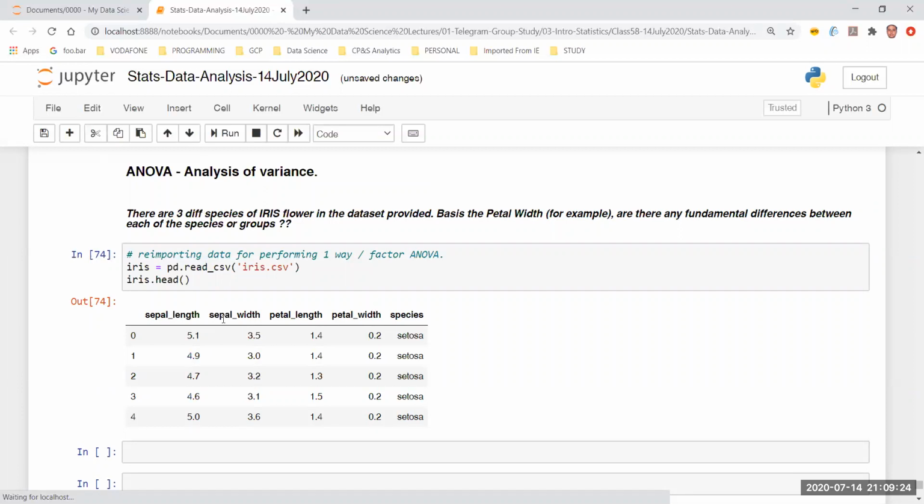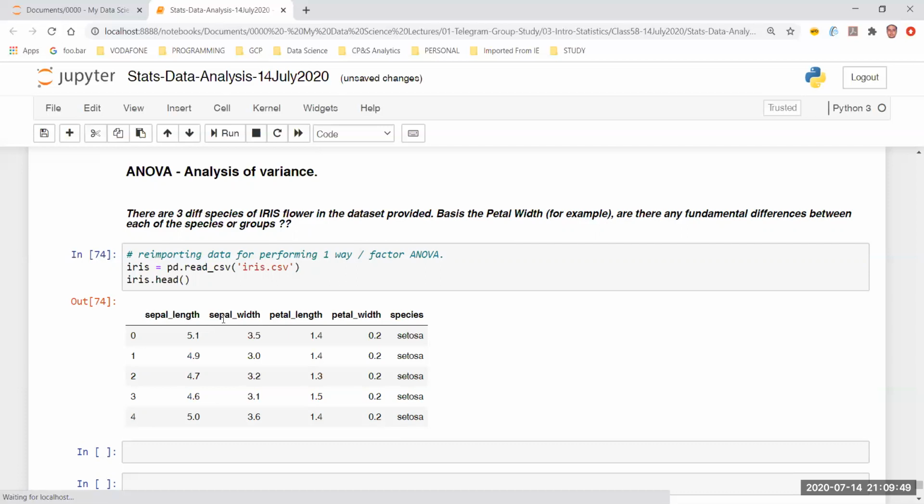If you are only considering, let's say, petal width, then you need to take only 3 samples. One sample will consist of one species of flower and so on. Because you have 3 species of flower, you need 3 samples for the petal width. So basis the KPI, which is the species of the iris flower, you will be creating 3 samples here. You can call those 3 species or 3 samples as 3 groups.